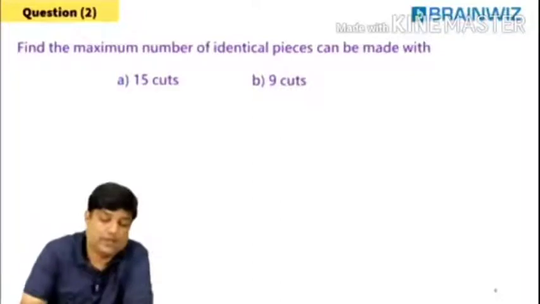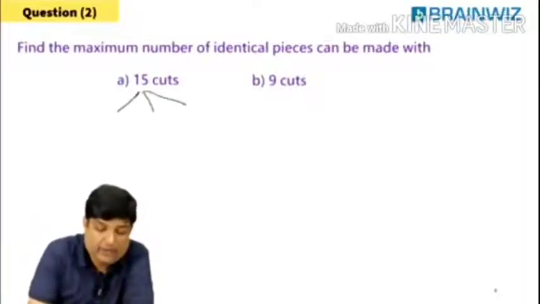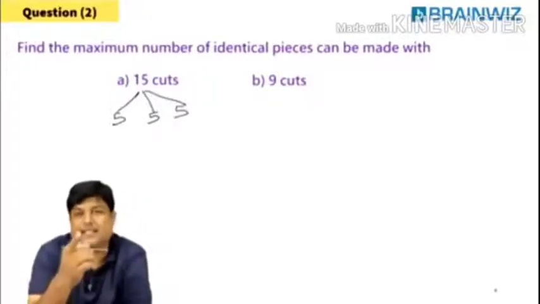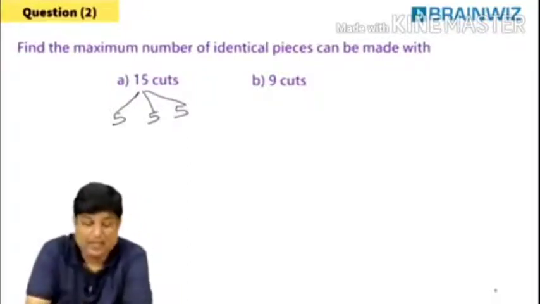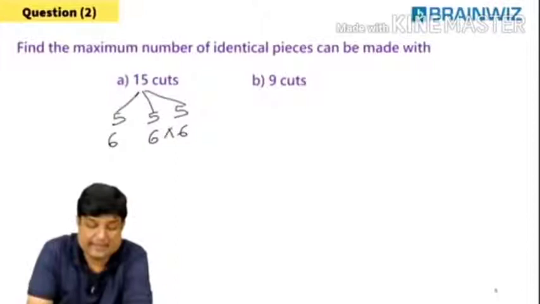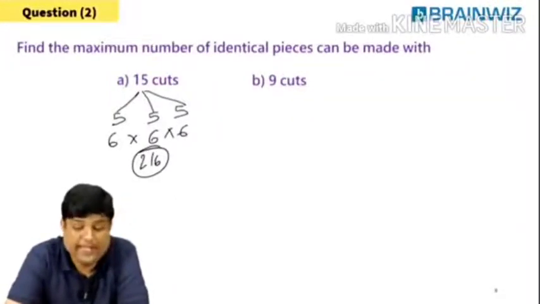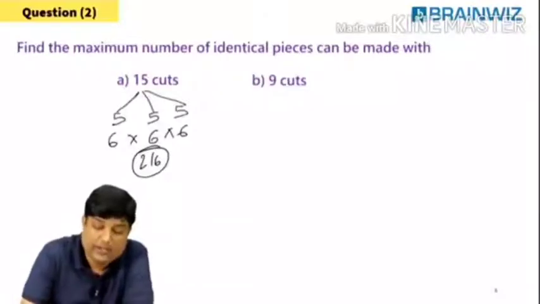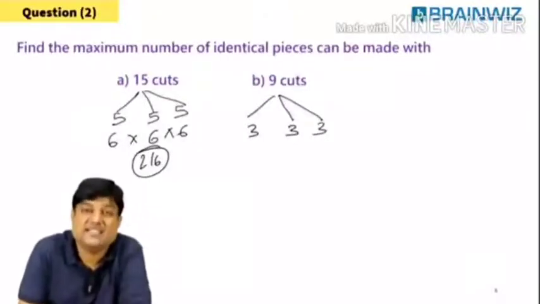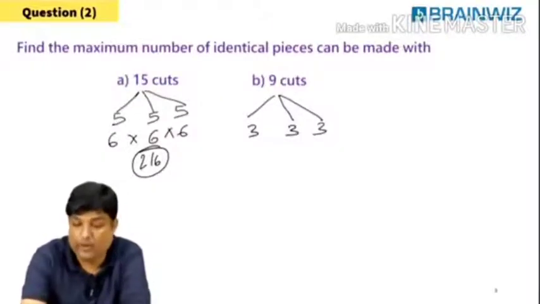That's good. How will you make it, everybody? 5, 5, 5. Tell me the cuts. These are cuts, Baba. These are not pieces. Cuts. 6, 6, 6. In the sense, we can say 216. Following everybody. The second one is 64. People are saying, Anusha, this is 9. 3, 3, 3. Cuts.